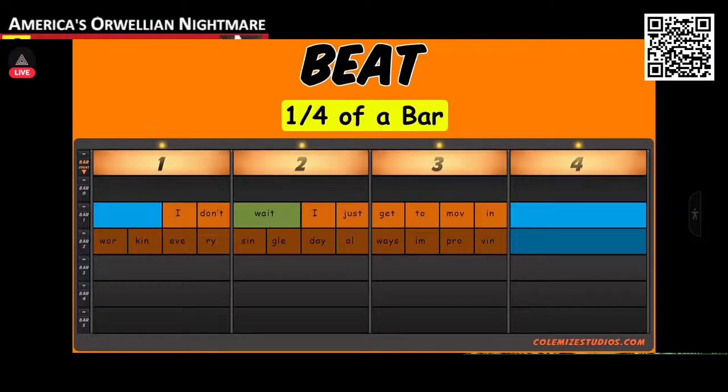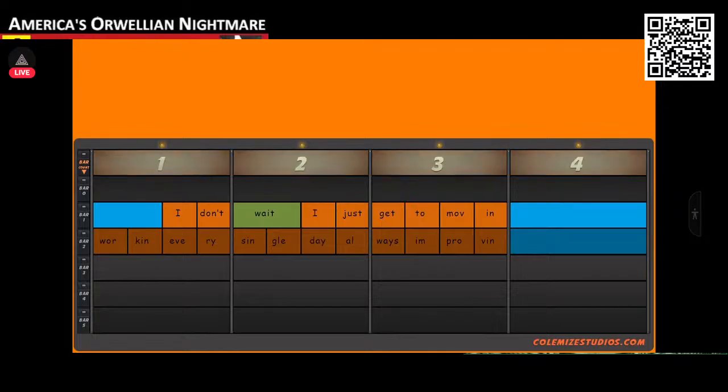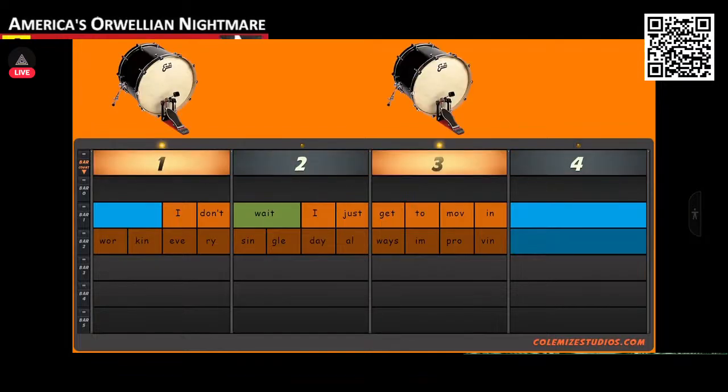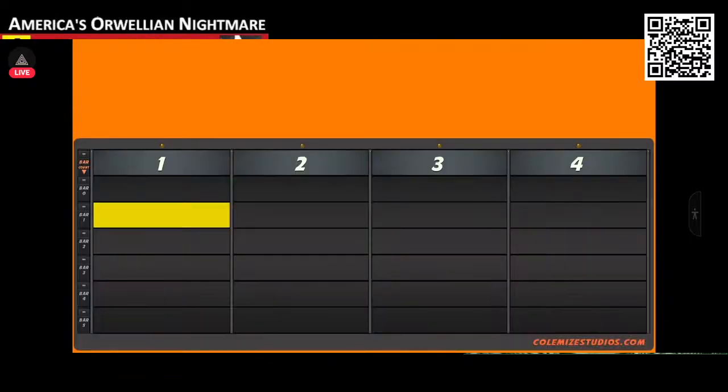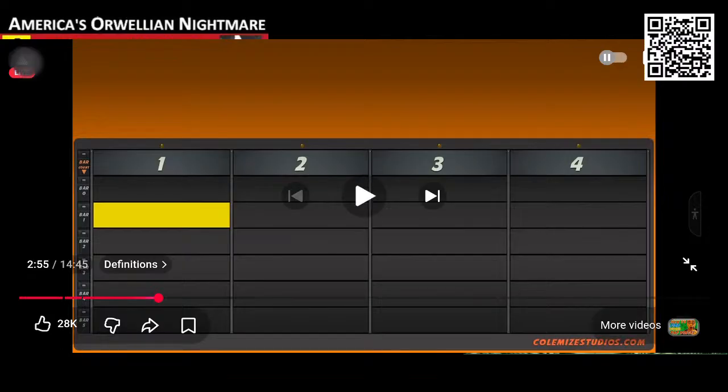So there's 4 beats per bar, and typically the kick drum lands on the first and third beat, and the snare drum typically lands on the second and fourth beat. So when you hear someone use the term rapping on beat, it means landing words or syllables on top of these beats. But we don't always rap on top of every single beat. And we don't only place words on these beats. We also place words.